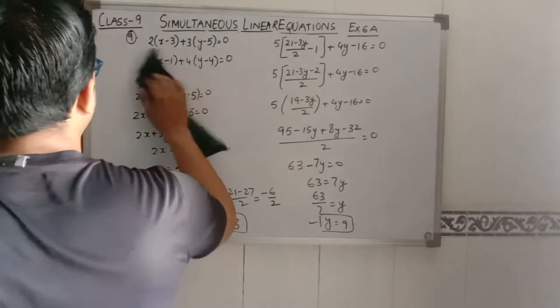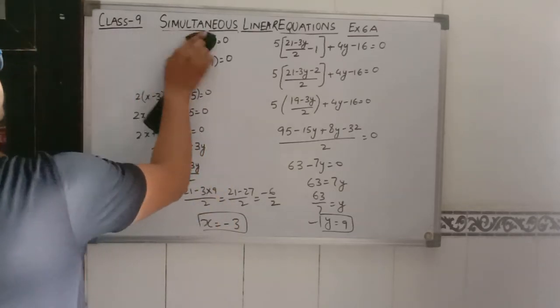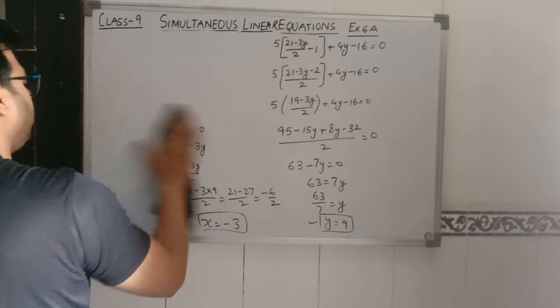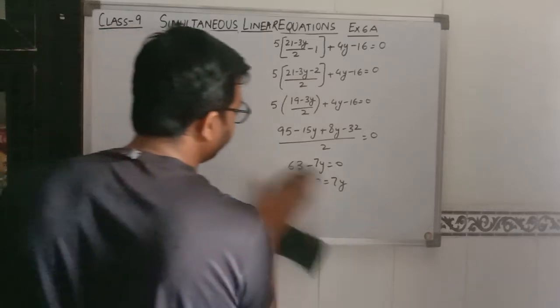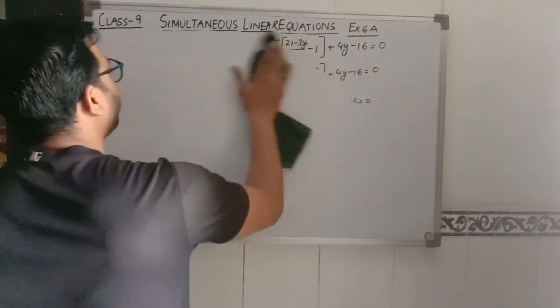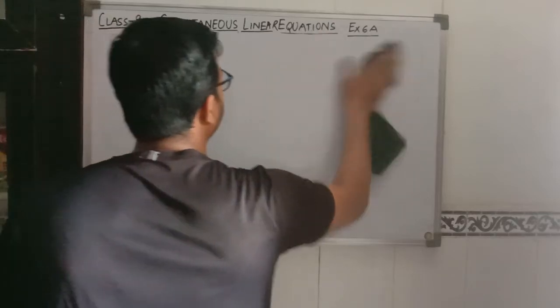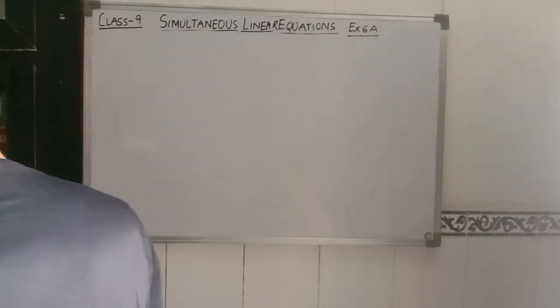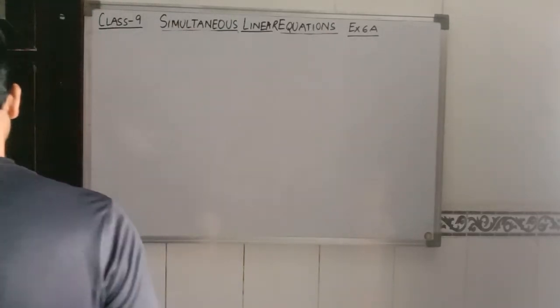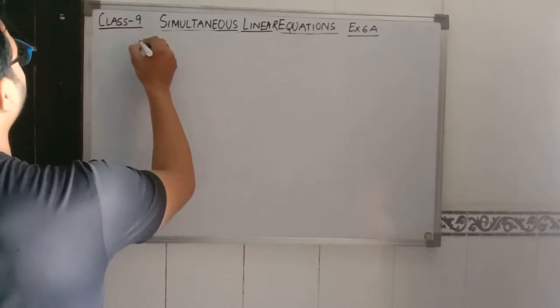Now we are coming to the next question, question number 10. We have to concentrate on only one concept: make a subject from one of the equations and then place that value in the other equation. Now the question number 10 is saying